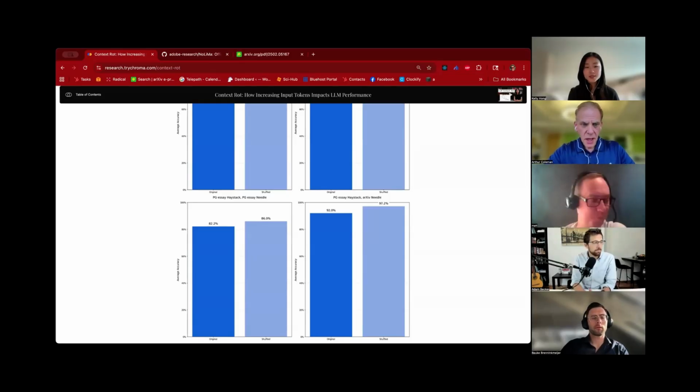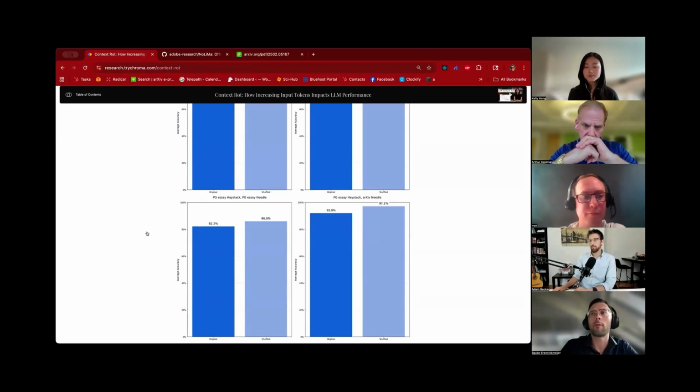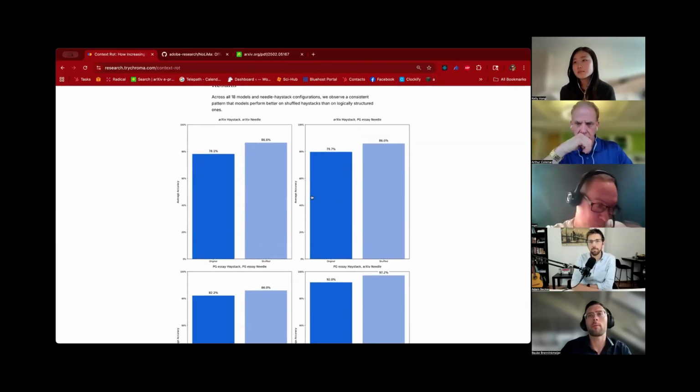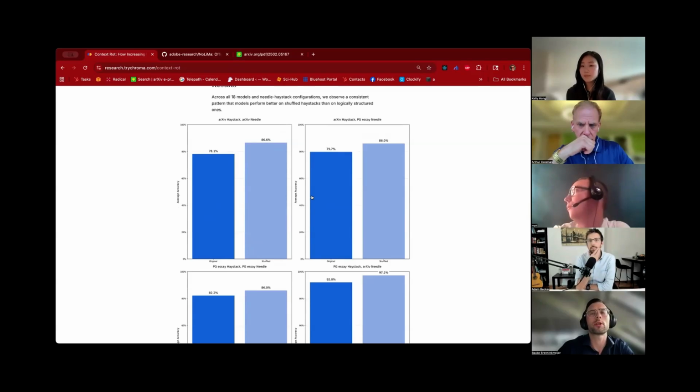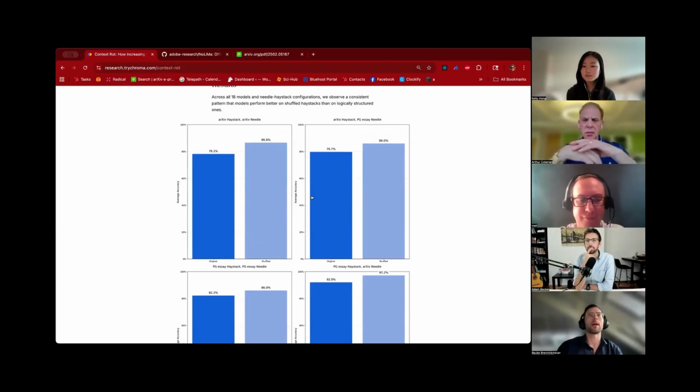Okay. Bauke, you're up. Yeah, my question relates to the shuffling chunks increasing performance finding, which is surprising. And also, I feel like it should have an impact on how we do RAG pipelines or long context Q&A. But I'm not sure what that step looks like. What are the things that we are now going to change in frameworks, for example, or should we change anything? So I'm curious to hear if you had any takeaways from that in terms of practice.